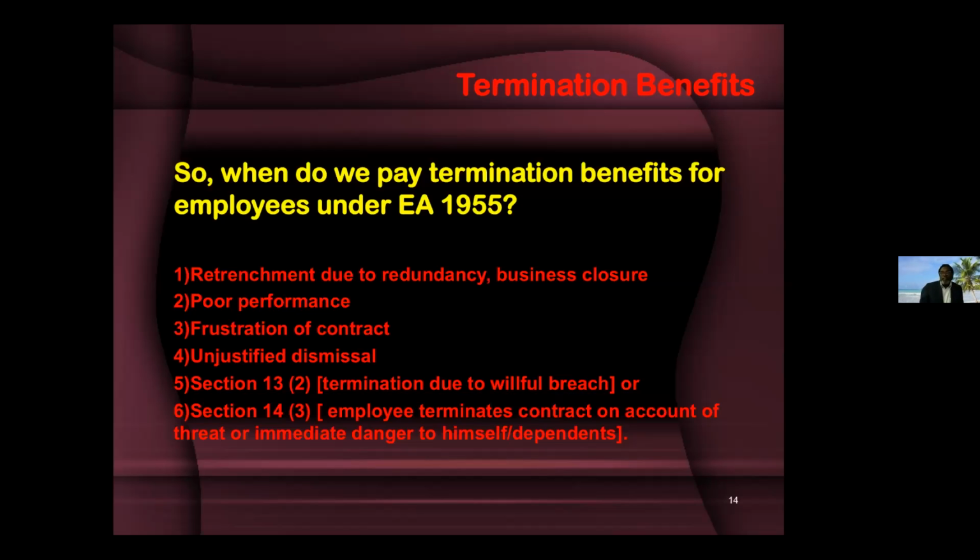So many other instances we can think of frustration of contract. Let's say, for example, employer and employee go into a contract and the employee sustains injury. He's not able to work anymore. In those circumstances, the employment contract is frustrated because the employee is not able to perform his obligations under the contract anymore. What do we do? At the end of the day, after giving the employee his benefits, after giving all opportunities for him to get back on track, but he's not able to, finally we come upon the decision to terminate him on the grounds of frustration of contract.